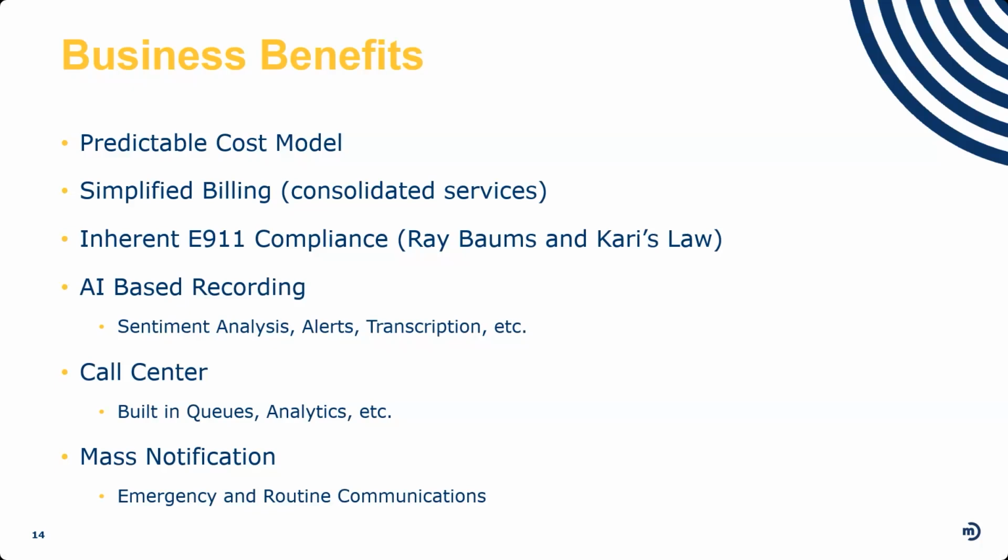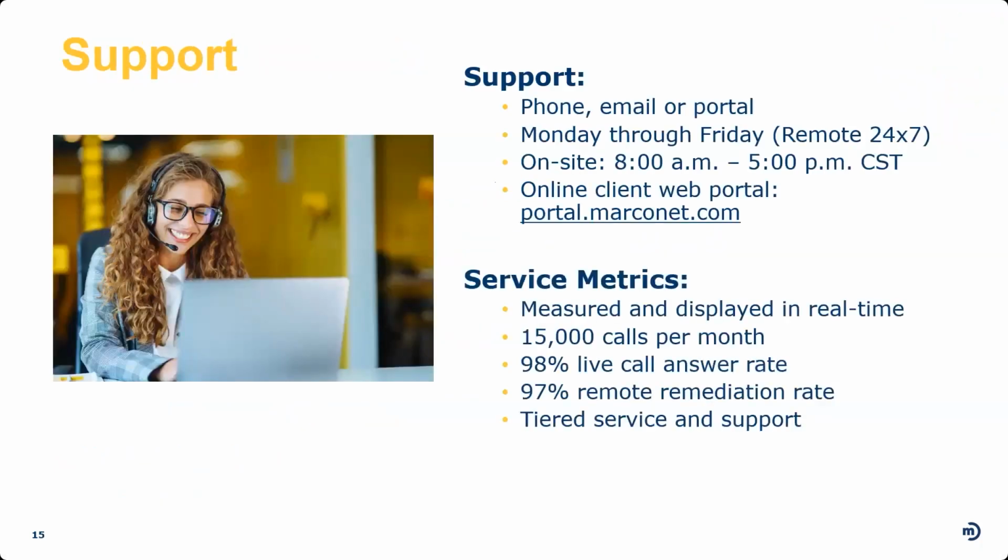And then we do also have mass notification options available with this solution. And again, emergency and routine communications, but there's a lot of different use cases. It could be there's an intruder, locked in the front door, and we want to push a button on a phone or under a desk that triggers some type of an alert, maybe silent, maybe loud, to let other people know something's going on. Or it could be even used for things like there's a tornado warning for our area. We want to alert everybody to take cover, maybe on their computers or sending out a text message or things along those lines. So lots of options to that solution, that's just barely touching the surface of it. But those are the biggest business benefits that we see.